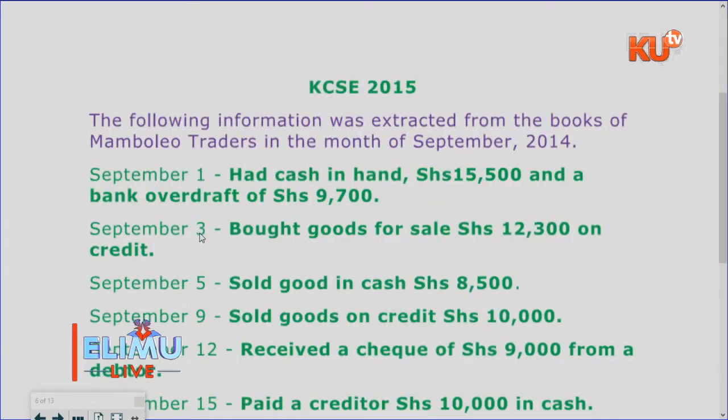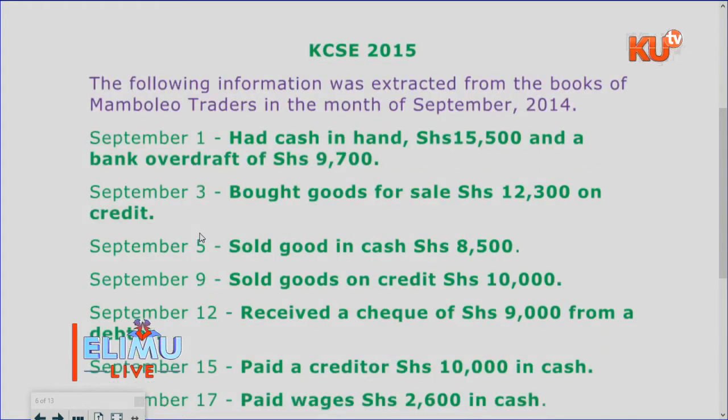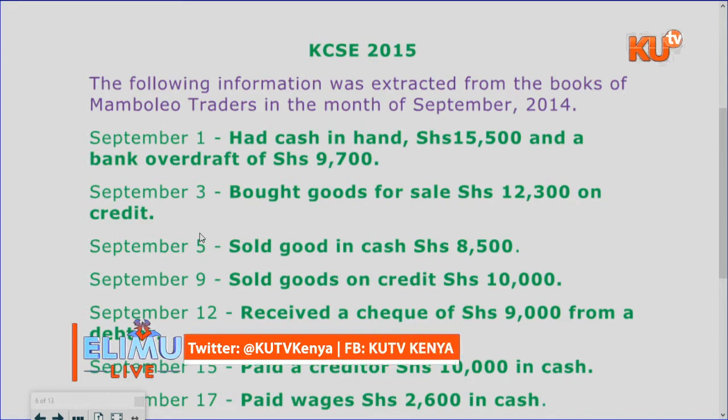KCSE 2015. And in this case, in KCSE 2015, this was the question. The following information was extracted from the books of Mamboleo traders in the month of September 2014. We have first, that is cash in hand or had cash in hand, which was 15,500, and bank overdraft